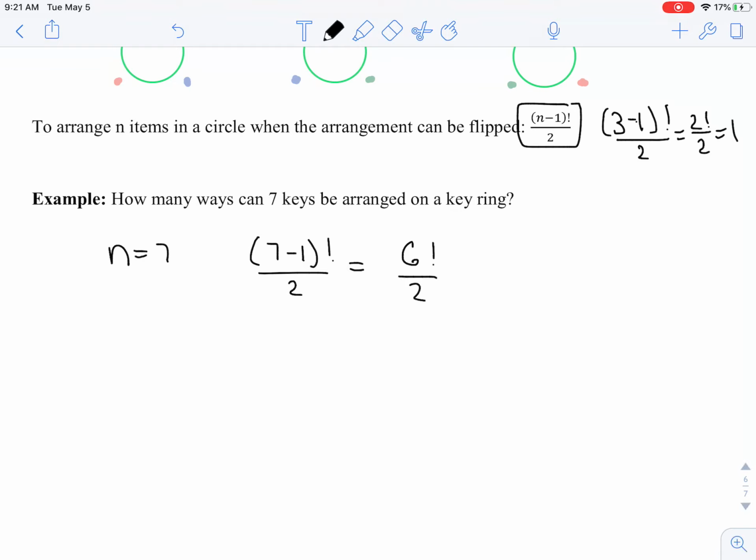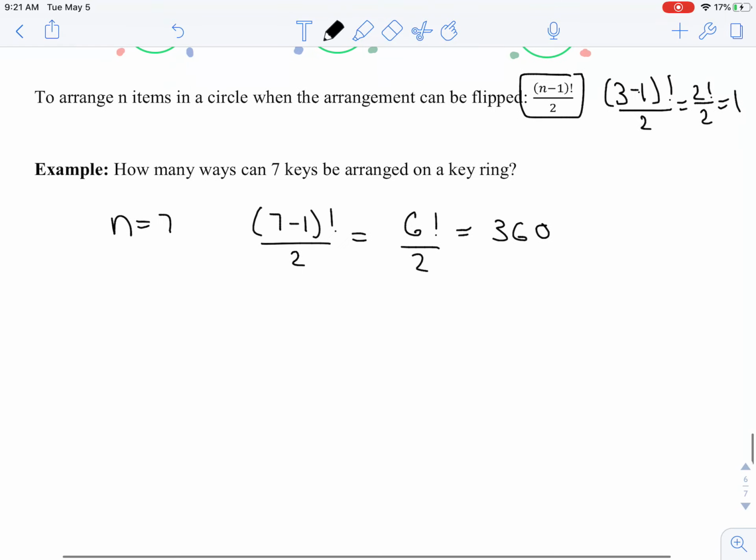Okay. So 7 minus 1 is 6, so 6 factorial over 2. 6 times 5 times 4 times 3 times 2 divided by 2. We see there are 360 different key rings that we can create here. Okay, so you've got to take into account that there are still the different orders in which you have them rotationally. So by switching a rotational order, it will change it. But then you've got to remember some of those rotational orders